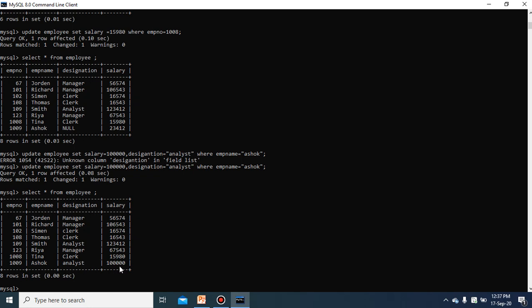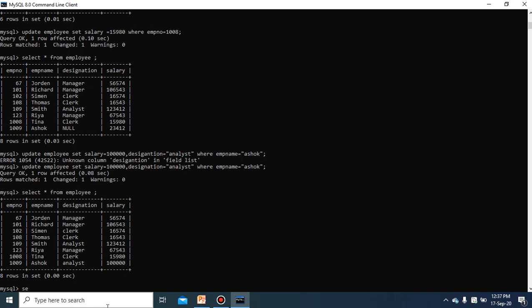So in this way you can update a single column value, or at the same time multiple column values can be updated by putting a comma in between. Whichever column value you want to update, you will specify the comma. If you want to make any value null, for example Jordan's designation, that can also be done.